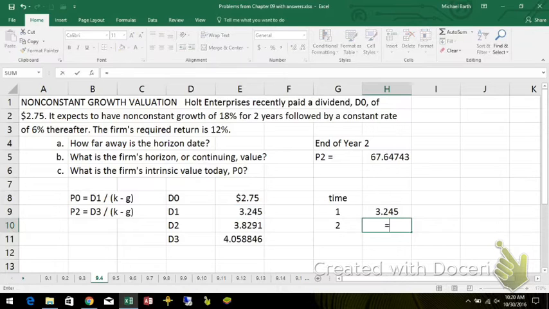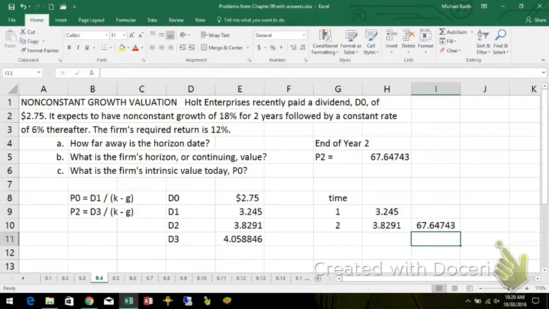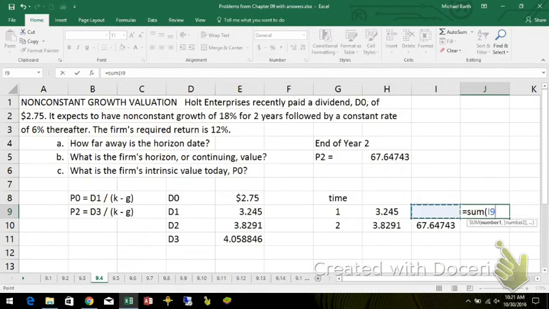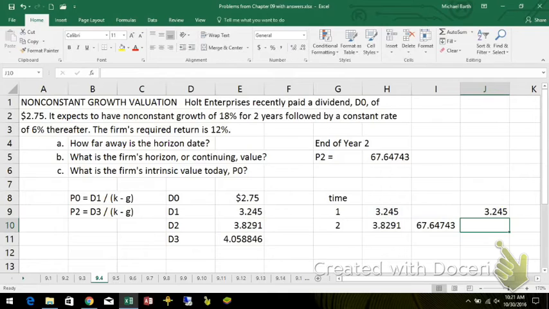At the end of year 2, I'm going to get the dividend. And I'm also going to own a stock worth, at the end of year 2, $67.65. So if I take the sum of all the periodic cash flows,